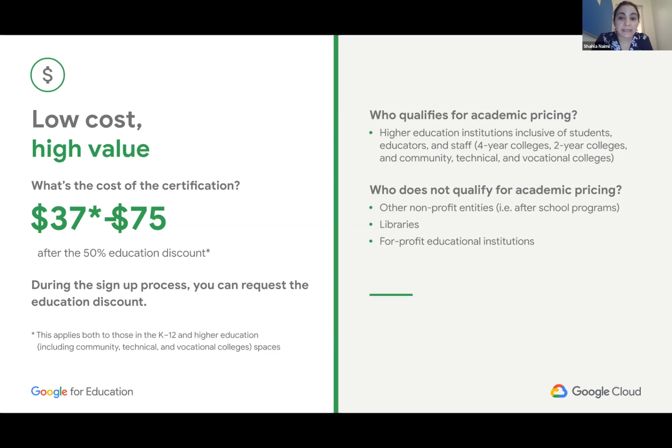Unfortunately, right now, people who don't fall under formal education, whether that's secondary or higher education of any sort, are not currently qualified for academic prices. Some examples of that might be public libraries, nonprofit and for-profit educational institutions. I will say that our teams are looking into providing additional support and maybe extending the education discount to nonprofits in particular, as well as public libraries.